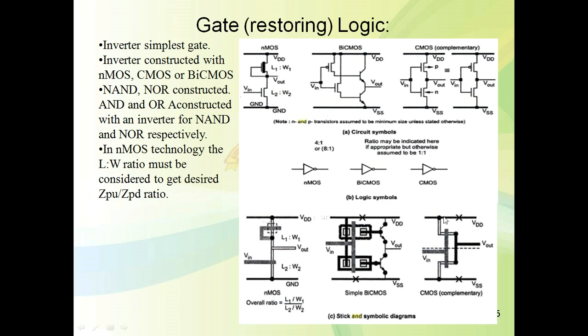So draw parallel rails, one for VDD and another for VSS. In between, we draw the other circuit, the p-type transistor and n-type transistor. In the case of CMOS, we have to draw a demarcation line. Above that we make the p-type transistor, and below it we make the n-type transistor. So here it is n diffusion, here is poly, and here it is p diffusion. The poly will form the p-type transistor and the n-type transistor, and the input is connected on the poly. Poly and diffusion lines can cross the demarcation line.